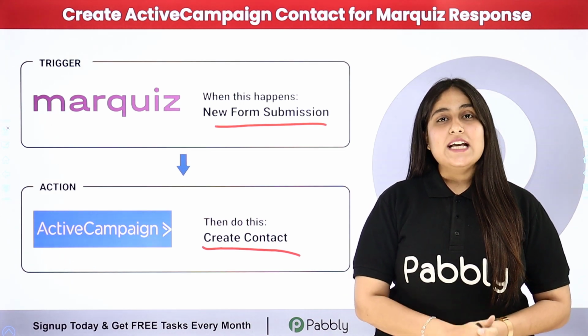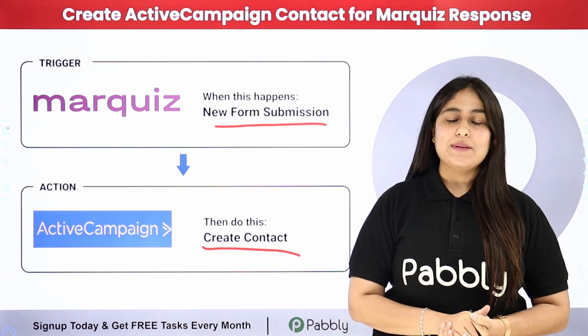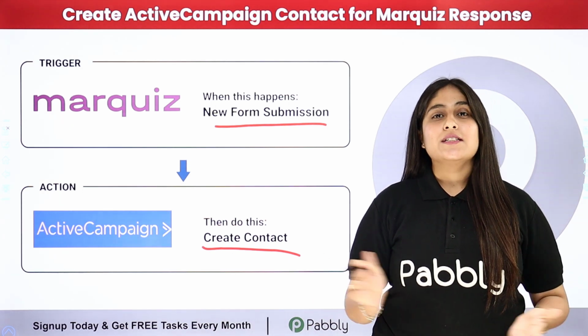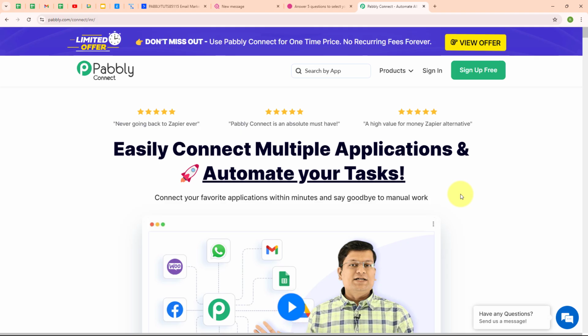To build this connection, I need to connect these applications using an automation software named Pabbly Connect. To learn this process step by step, let me take you to my screen. Welcome to my screen. In this video, we are going to learn how to create an ActiveCampaign contact for a Marquiz